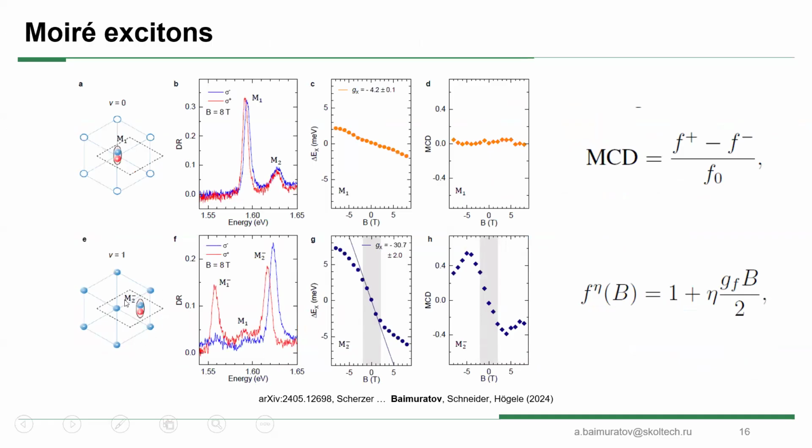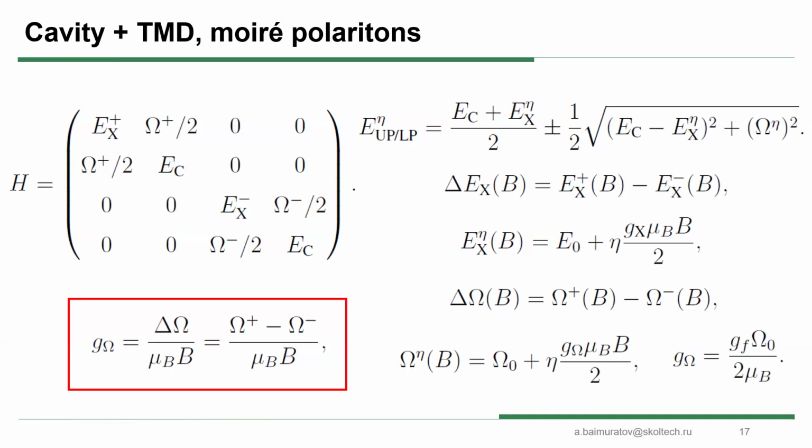We look now at this exciton with filling factor of 1, and magnetic field and cavity. Okay, polariton. Yes. Now I will call them polaritons. Now we have branches, but I just described that the effect of magnetic field comes here not only from excitons but also from Rabi splitting. We introduce different Rabi splitting for plus and for minus, and we can connect them with the G factor of oscillator strength.